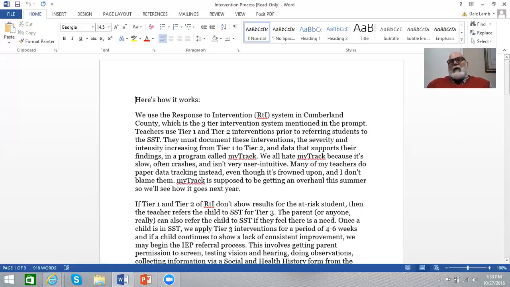For example, if you're in Charlotte-Mecklenburg, when Luke and I are referring to CMS, that's Charlotte-Mecklenburg, for those of you who maybe don't know what that is. In Charlotte-Mecklenburg, we have compliance technicians. So if something happens in the EC program and a kid drops off the head count, money's lost, and there's problems, it doesn't come back to the principal. It comes back to the CT, compliance technician from the EC department, and the department chair. But generally, it comes back to compliance technician. If something goes wrong with the intervention process prior to EC testing, that comes back to the principal's office.